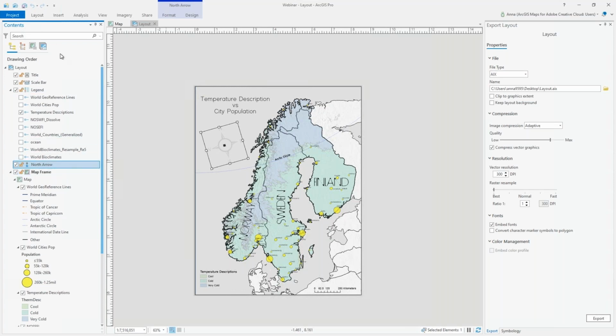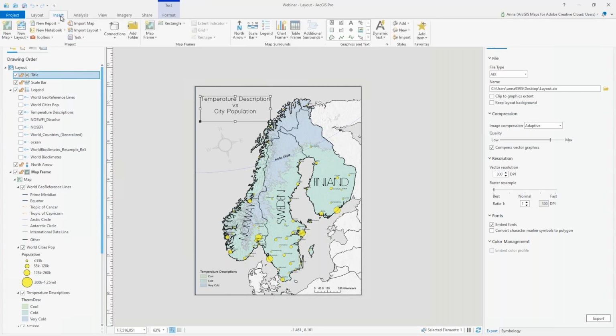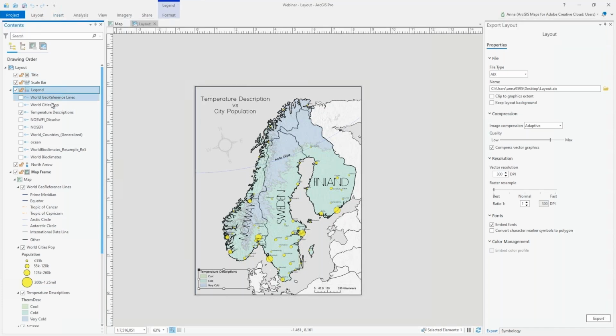And all these objects were added through ArcGIS Pro through the Insert tab up here. And you can see you have tons of options for various elements you can add into your layout. Dynamic text, you can add images, shapes, your north arrow, scale bar, all of those. Map frames, you can go ahead and add multiple map frames if you'd like. But we're going to stick with these 4 elements and call it good. So we have our 4 layout elements, our objects,